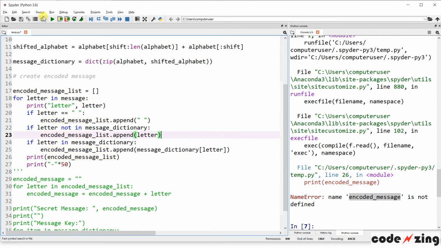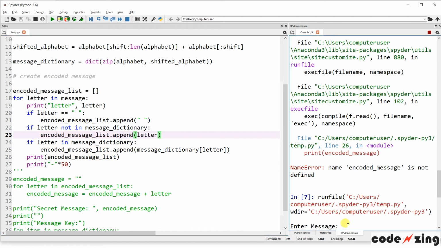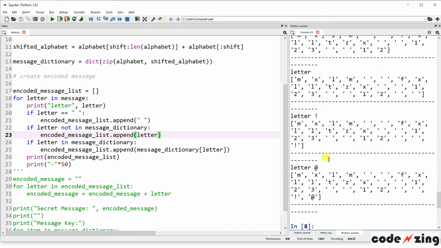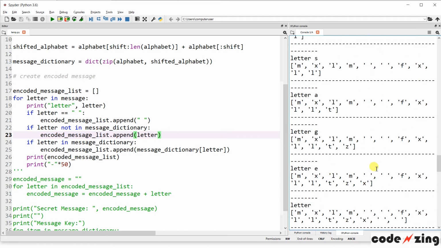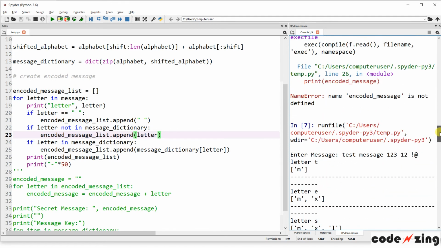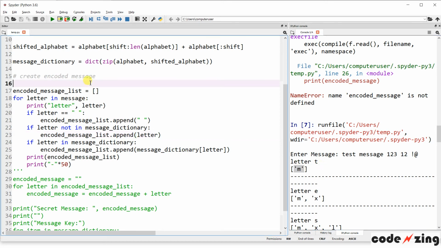So let's run it now. And we'll put in some of these special characters. We can see it's going to build it from scratch here. So if we start, it's going to start looking for T. It's going to find letter T and replace it with M, which I suppose we should have. Let's do it with